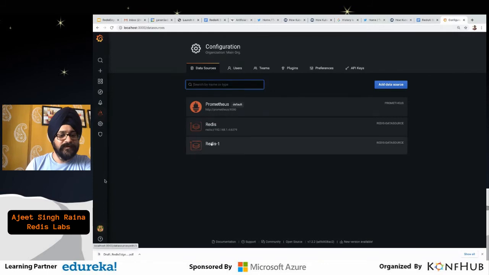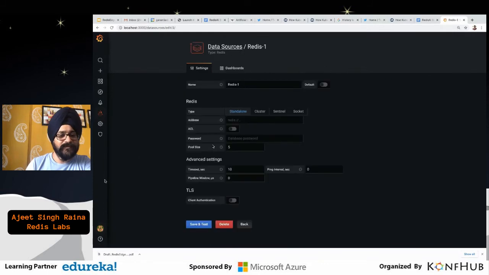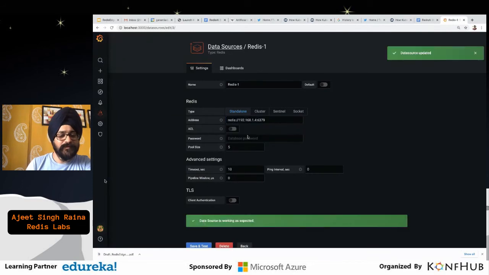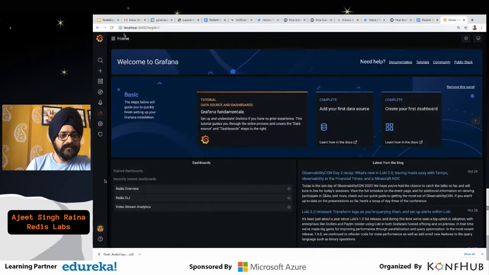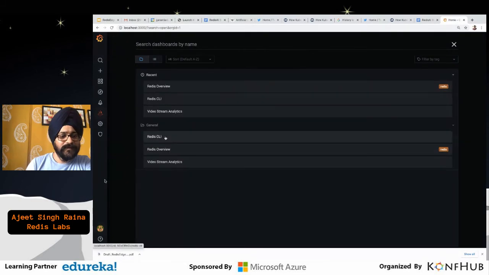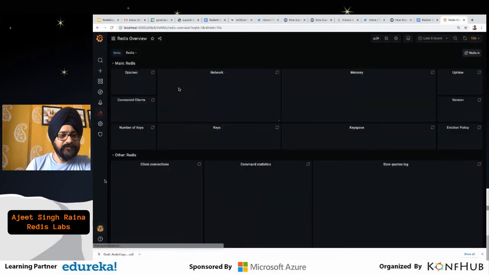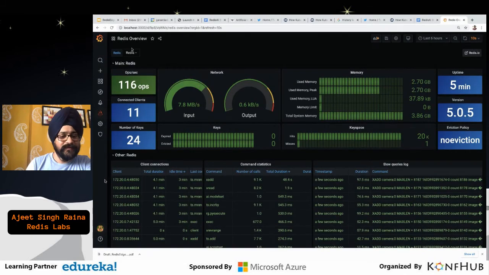And if you go to the Redis data source, select this new one, and again you provide the IP address of the Redis database server. So most probably it should get connected, and I should be able to fetch the information. If you see here, the Redis CLI appears here, with the same information.